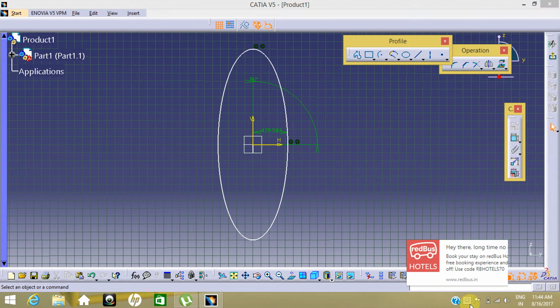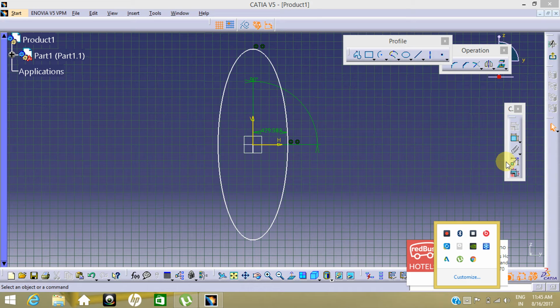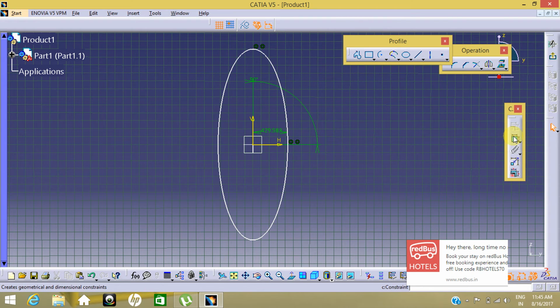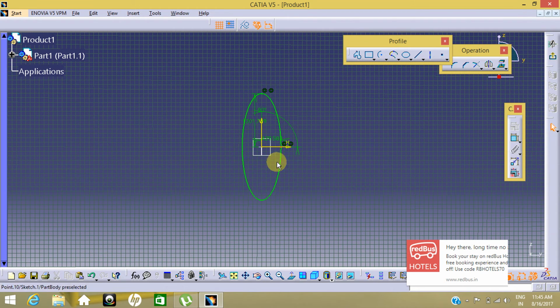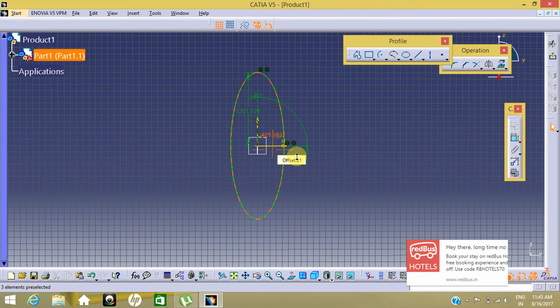Now we will provide the major radius of the ellipse here. Just click on this axis and click here. You will provide a major radius of the ellipse, and we have a minor radius of the ellipse. So you can see this can be defined by providing two dimensions or three dimensions. You can see here I provided an angle also, on which it is